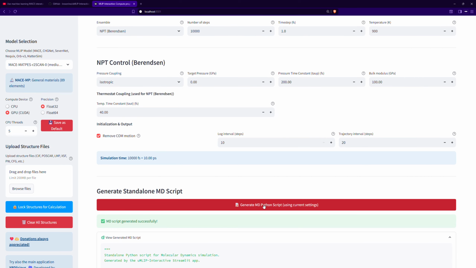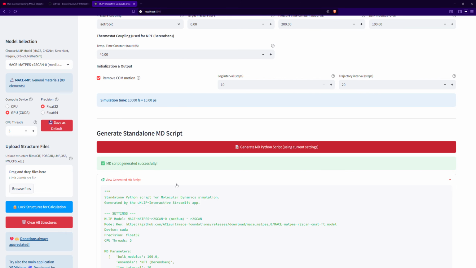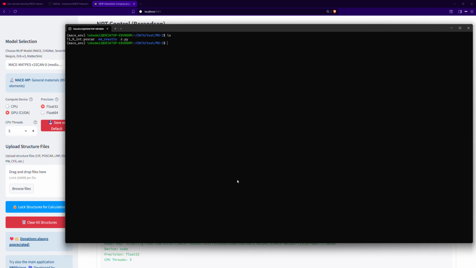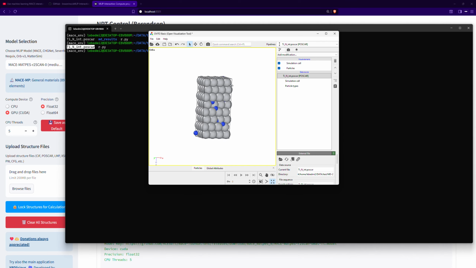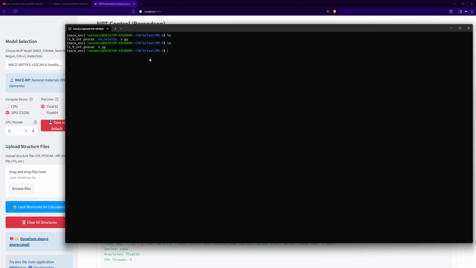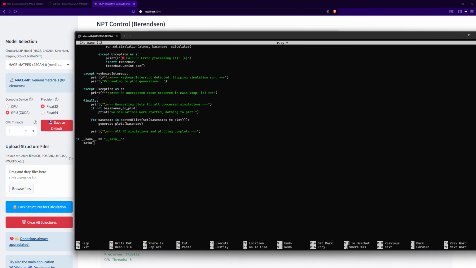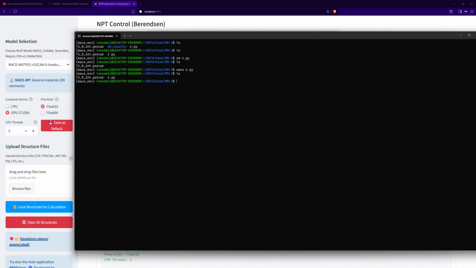Then I can click on this generate button, and it will give me the full Python script that I need to run on my crystal structure file. So I will copy this and then go to this console, and in this console I have this POSCAR file, the structure that I want to use for the simulation. Then I will create this Python script and insert here the content that I just copied, save it with Ctrl S, exit with Ctrl X, and now I can